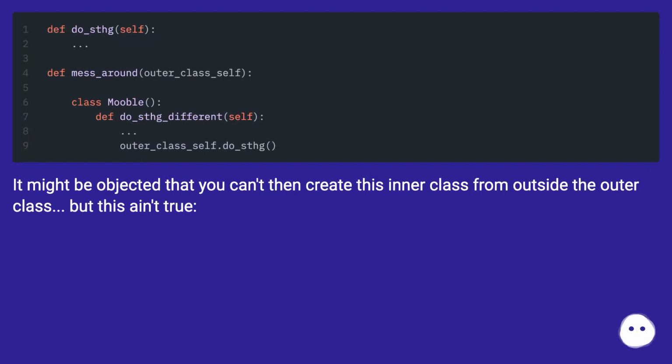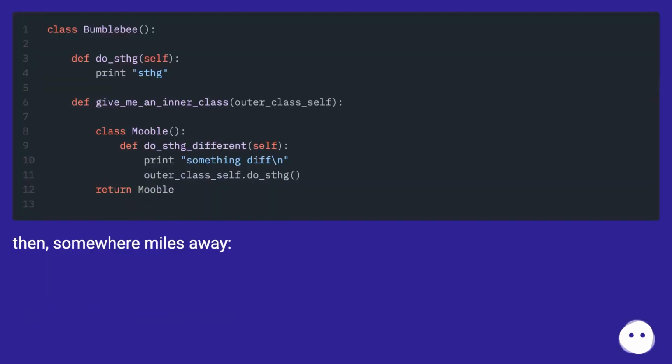It might be objected that you can't then create this inner class from outside the outer class. But this ain't true. Then, somewhere miles away,